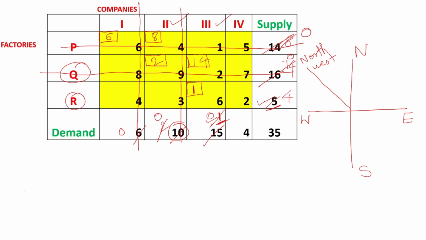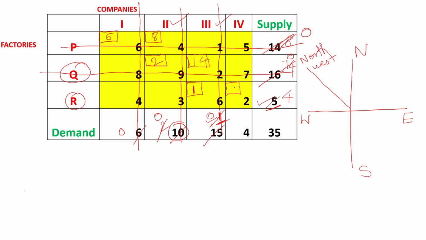So whichever column or row has become 0, that you have to cancel. Now in this case, row has not become 0. Still 4 is needed. Still 4 is available. Whereas column 3, all items are taken. Since it has become 0, we can cancel this column. So now only one value is left. That is this cell having value 2. So directly mark that value with the corner rectangle.